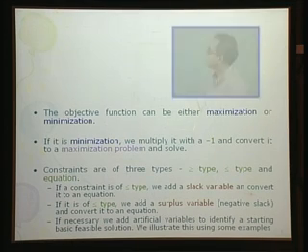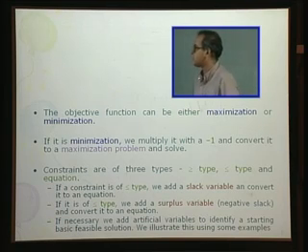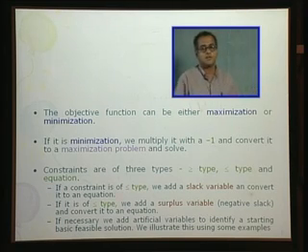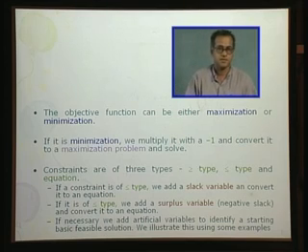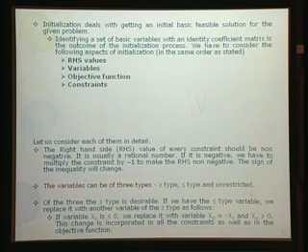Objective function can be either maximization or minimization. There is also one more thing before we do that, we need to check what happens if the variable is unrestricted in sign. The variable can also be unrestricted in sign. So, when the variable is unrestricted in sign, what we do is the following. If we have a particular xk unrestricted,